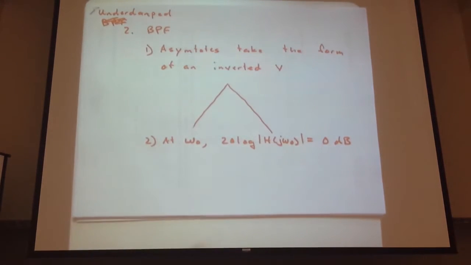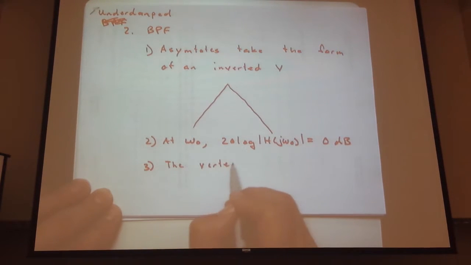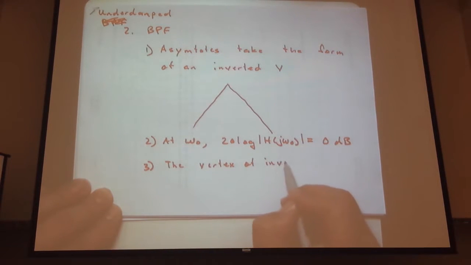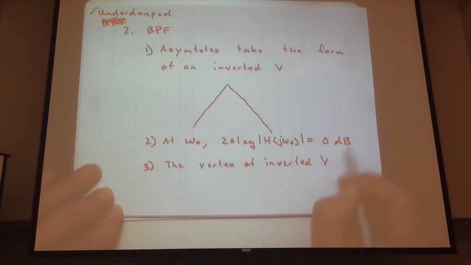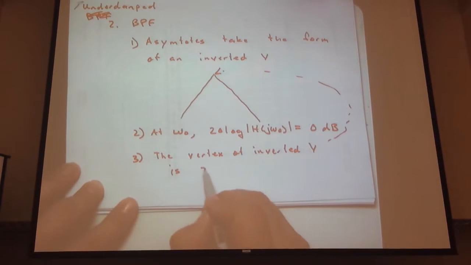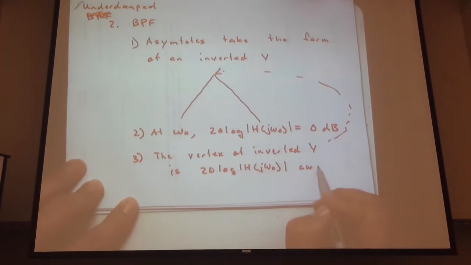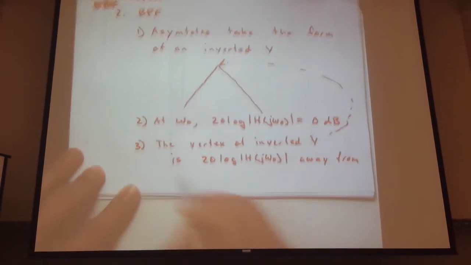Where is it located? The vertex of the inverted V, that point is 20 log of H of j omega naught away from 0 dB, or more specifically,